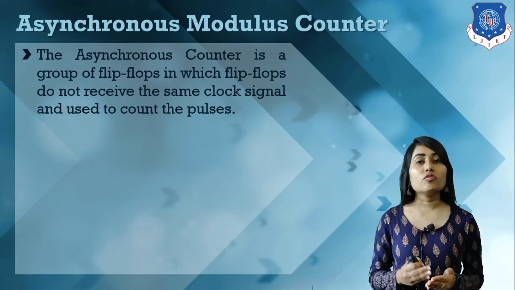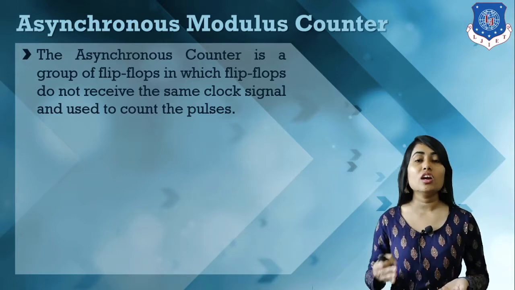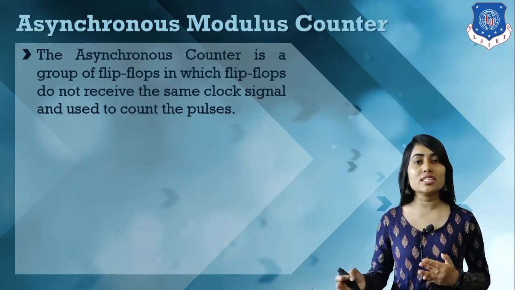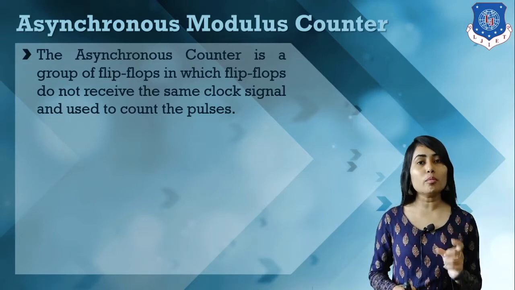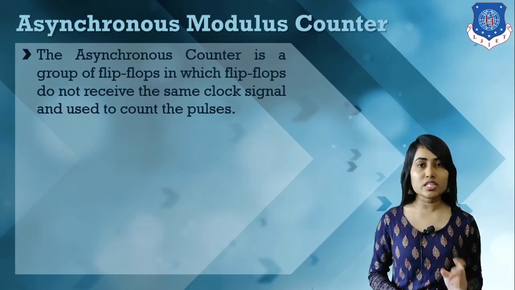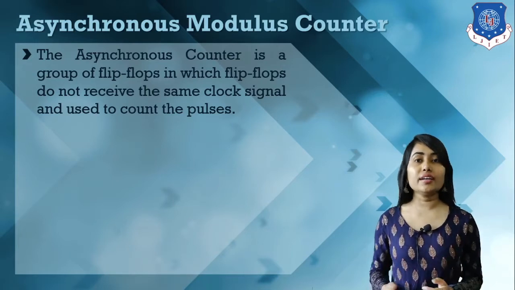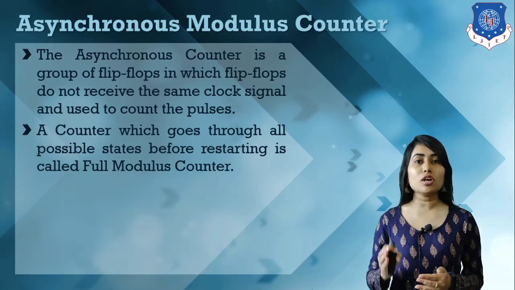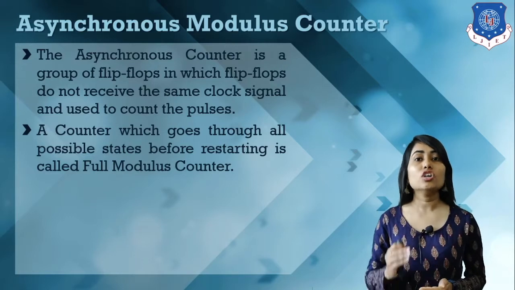If these flip-flops can count a total of 16 values, it has a modulus 16. If it will count 4 values, it has a modulus 4. So basically we have the number of states, and the total number of states of any counter is known as modulus. And a counter which goes through all the possible states of the flip-flops is known as a full